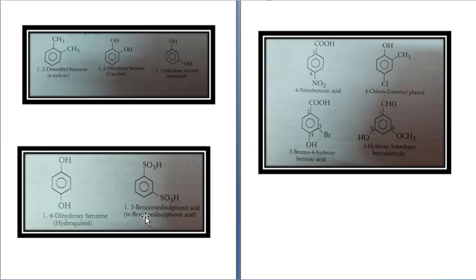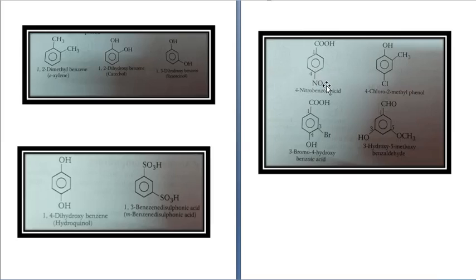Like COOH, I told you, is on the top of the priority table. So it will be considered the principal functional group, and others, like Cl and OH, will be considered substituents. There is a priority table given in the book. You go through it and try to remember which functional group has the priority. So if there is more than one functional group, the principal functional group will be the one which is on the top of the priority table, and those which are below will be considered as side chains.